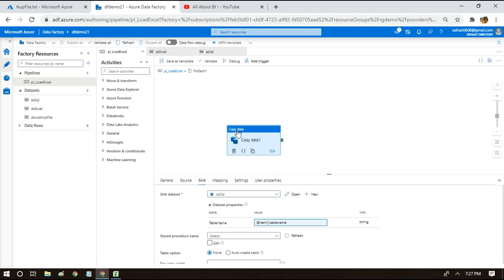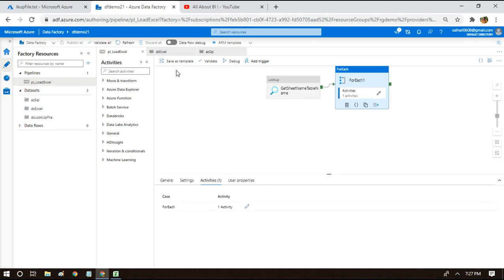So we have configured the copy activity with dynamic sheet name and dynamic table name, and if I run this pipeline, it's going to loop through the lookup file and bring the records present there and loop over it one by one, pick up the sheet name and table name, and load from the sheet name to the table name. That's how it's going to work out. I just wanted to show you for one of my subscribers who has asked me the steps, how do we do it. So these are the simple steps that we can follow for making it work for dynamic sheet name and table name changes.